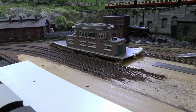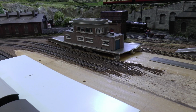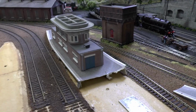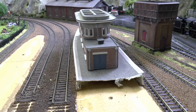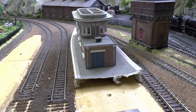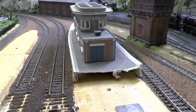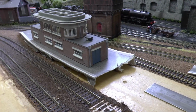and I thought, well, yeah, okay, if I've got enough room. So what I did, I've cut a section of the old platform off and just positioned it roughly, and there is actually a fair bit of room. I didn't think there would be, but I've only positioned it roughly, but you can see there's a fair distance between the edge of the platform and the building, certainly enough for people to walk along in safety, and access to that I can have by